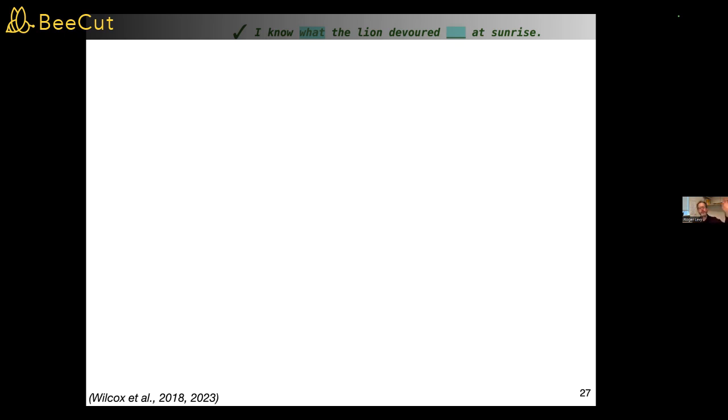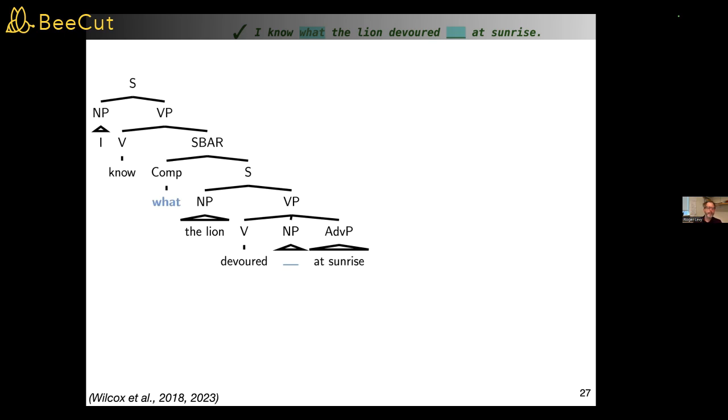But the word what is what's called a filler. It licenses the word devoured to appear without an object right after it, instead having a gap, the absence of an object. Okay. If I either remove the filler or fill the gap alone in the sentence, I get something ungrammatical. And that relationship between the filler and gap is best understood using the hierarchical structure of language from traditional generative linguistics. So this word what is structurally above the gap, and it exists in a tree structural configurational relationship that licenses the gap in that position.